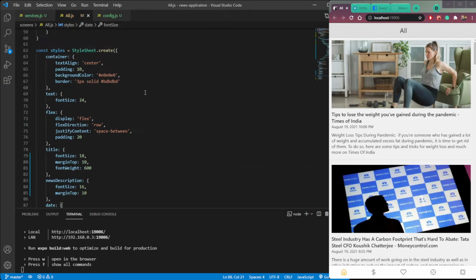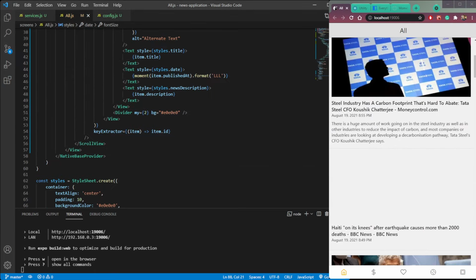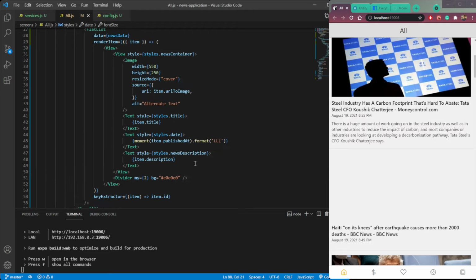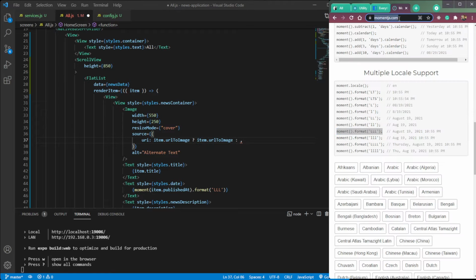Now let's do one thing. As you can see, this third news doesn't have any image, so we need to show a default image if there is no image here. First we will check if url.image exists, then we will show this image, or else we will show some default image. So let's check for images, profile images here,